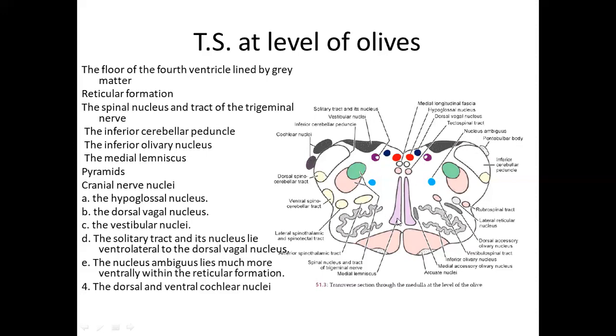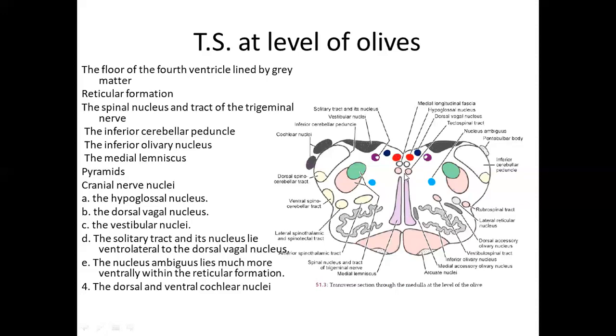Now over here you will see, because it consists of the open part, our gray column is now opened up like a book. So the medial part was from the basal plate, the lateral one from the alar plate. So the lateral part will be the sensory nuclei, the medial part will be the motor nuclei.